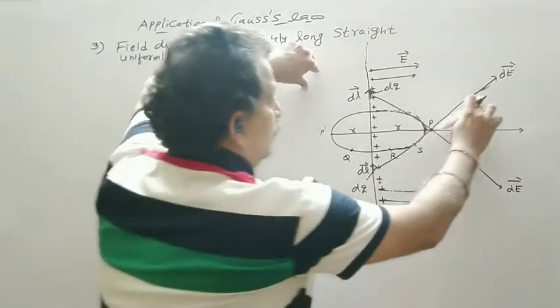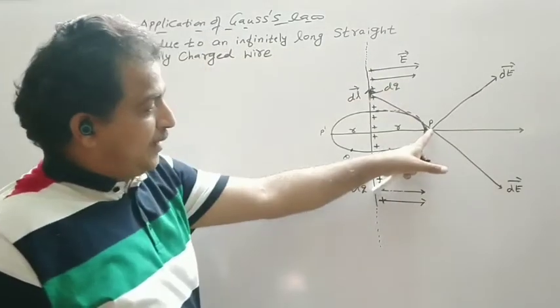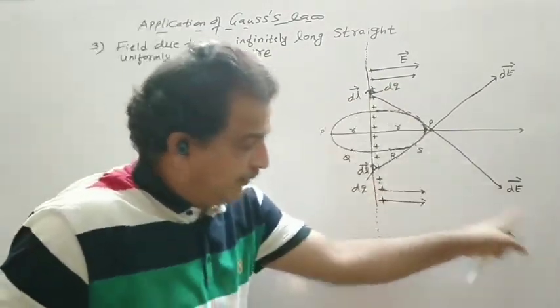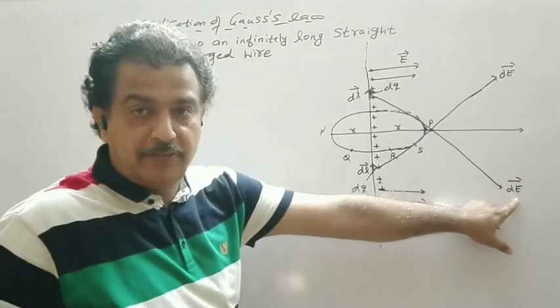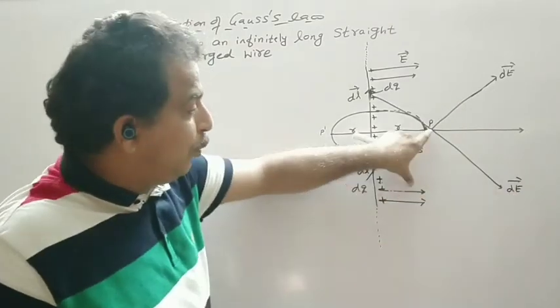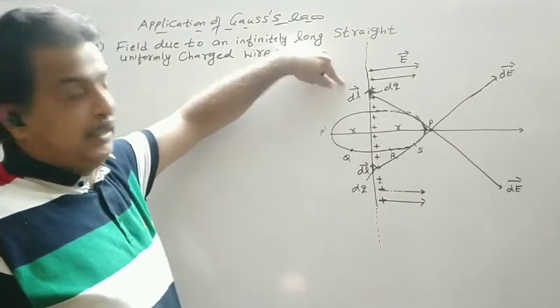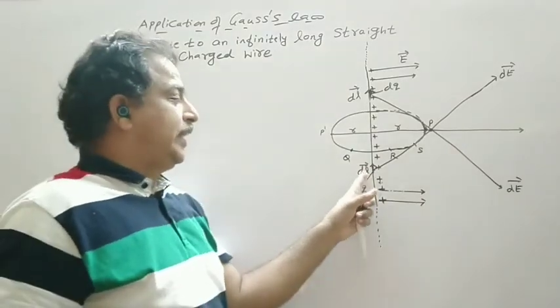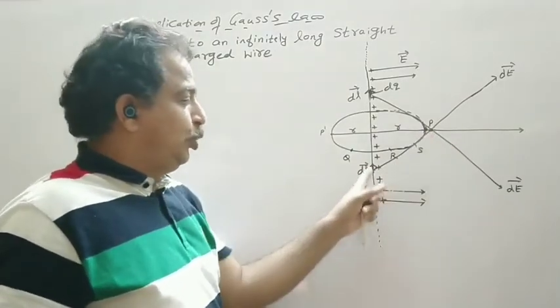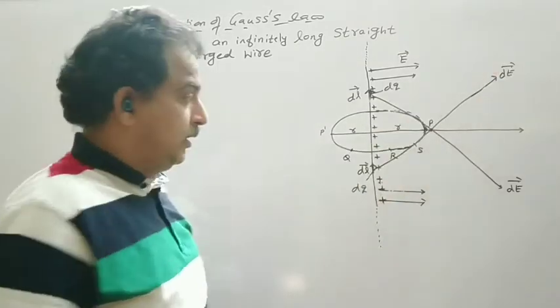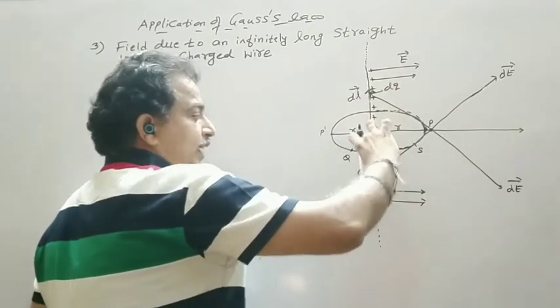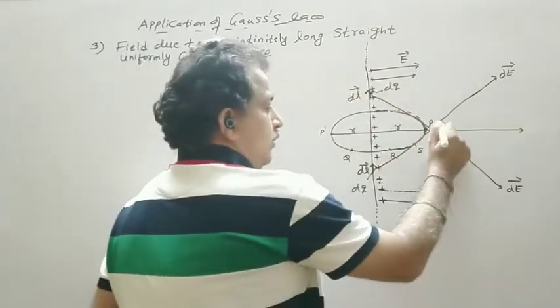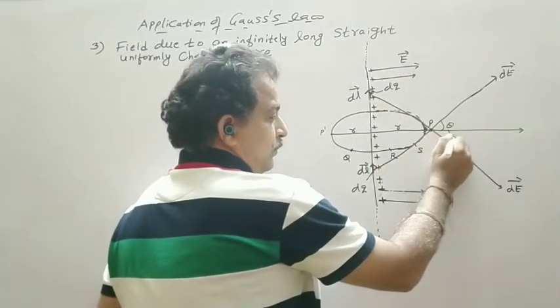Now, if I place a test charge here, it will be repelled away. So this is the direction of electric field intensity at point P due to dl vector. Similarly, the electric field intensity at point P due to the other dl vector is in this direction. Now, since these line elements are equidistant, this angle will be the same.